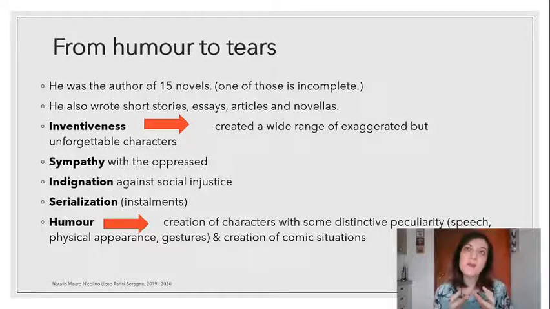And what are the most important characteristics of his 14 and a half novels, 15 novels in total, as we said? They are the ones that you can read listed here. The first was his inventiveness. What do I mean? That he was the creator of a lot of unforgettable characters. His mind, his fancy was really enormous, and it allowed him to create a lot of characters